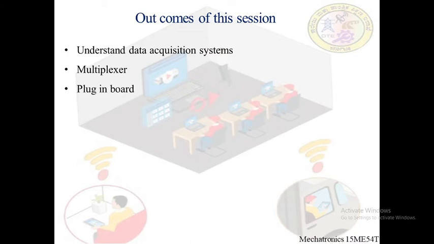As the name itself indicates, data acquisition is data procurement for further processing. We have seen data being converted into different formats, that is from analog to digital, digital to analog. Here in data acquisition system, we are going to study something similar to this. We will also be studying multiplexers, which are an integrated part of the study of data acquisition system, and we will see plug-in boards, which form one practical example of data acquisition systems used in our computers.